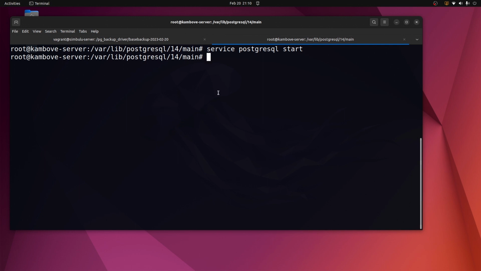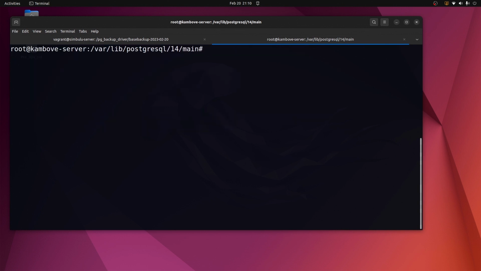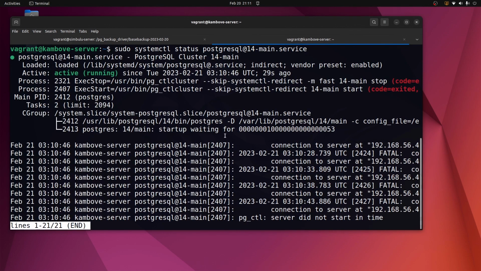Okay, so now let's check the status. Postgres is running. Now let's exit and go check the status of the cluster. systemctl status postgresql@14-main. So you can see